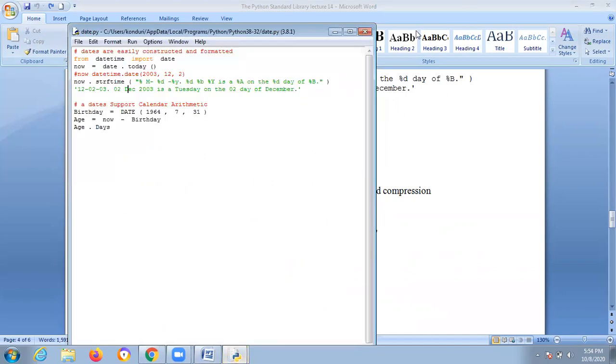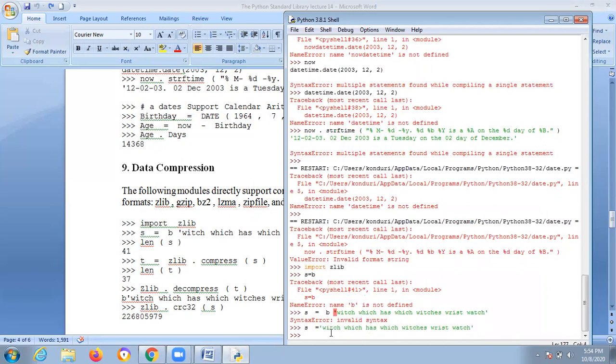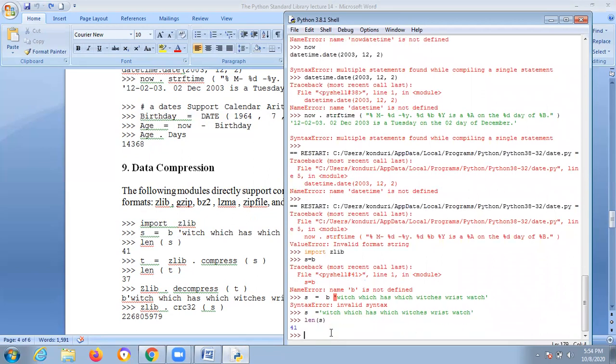Otherwise you can give directly. Okay. Just keep out that b, okay. That b won't work here because that's a small technical issue.